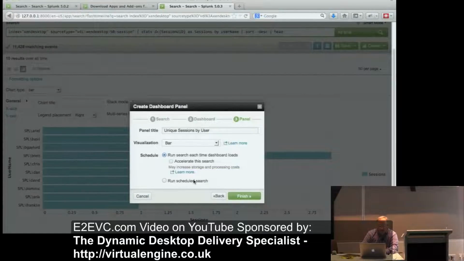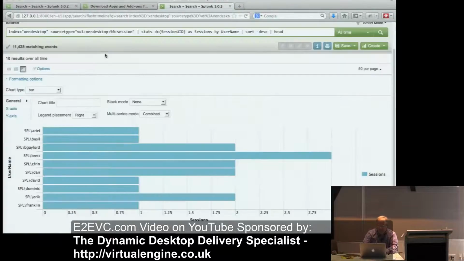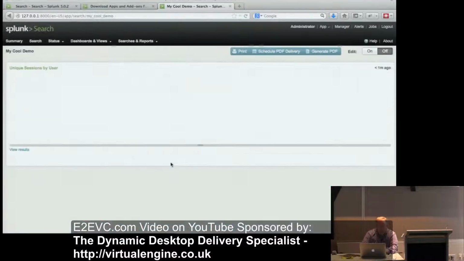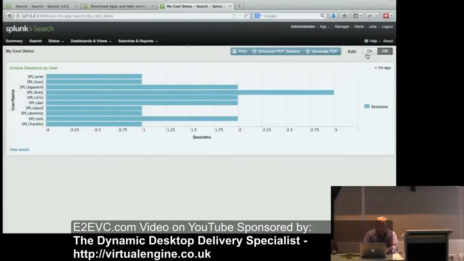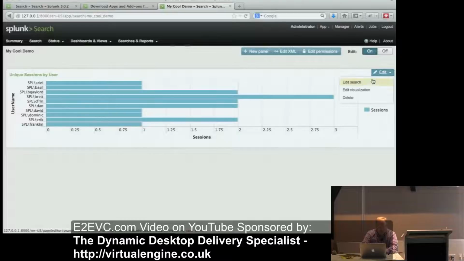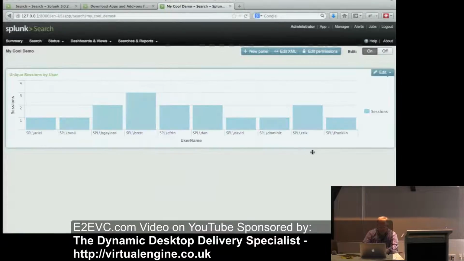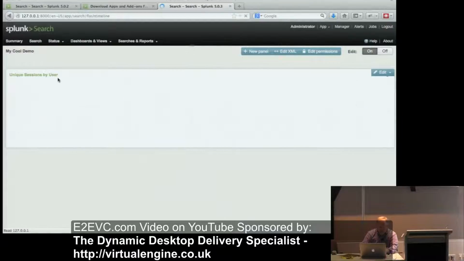Now if I want to go back to my search and do something else, what's another interesting XenDesktop thingy? Let's just do total sessions. So XenDesktop, source type. And notice it's down here at the bottom, it's filling it in for me and giving me some ideas of what you might want to do. So it'll give me all the sessions.